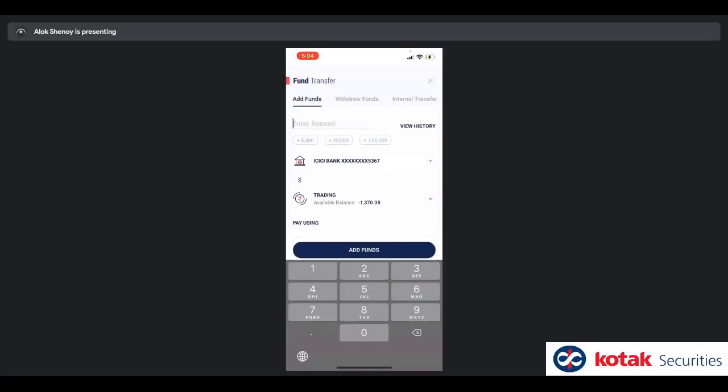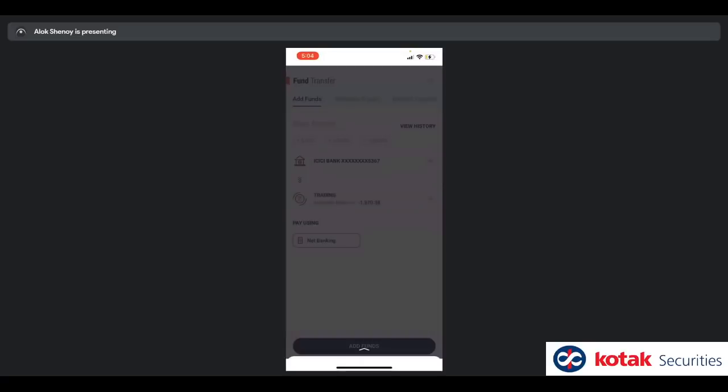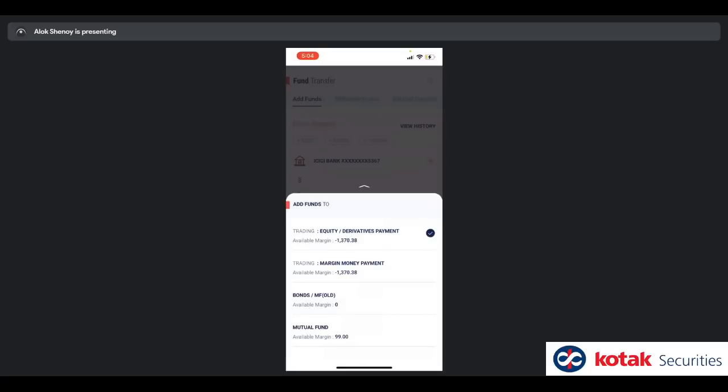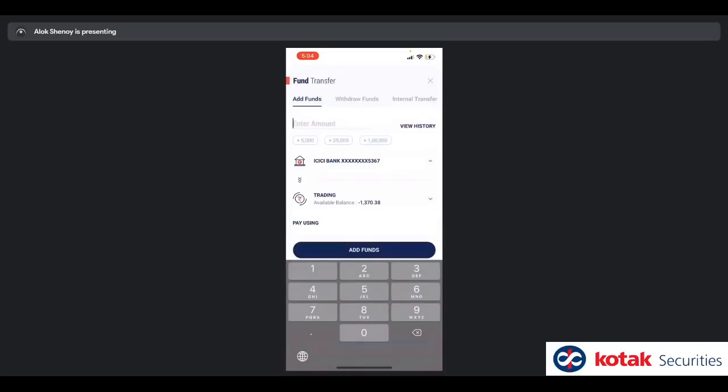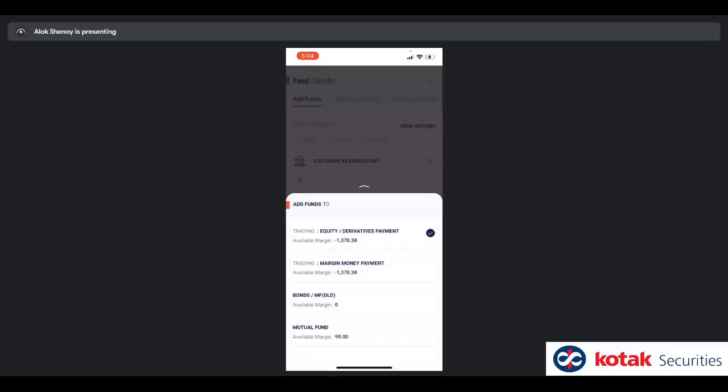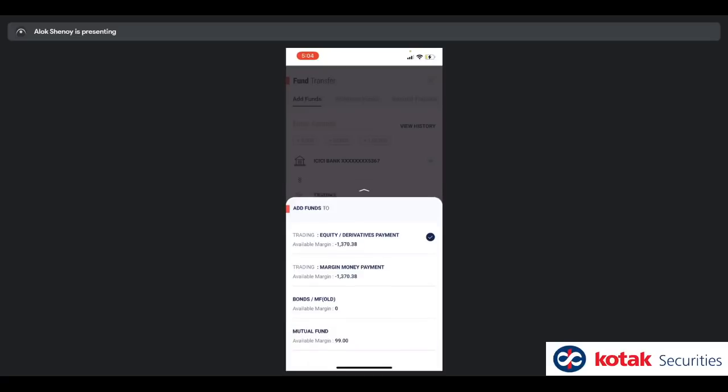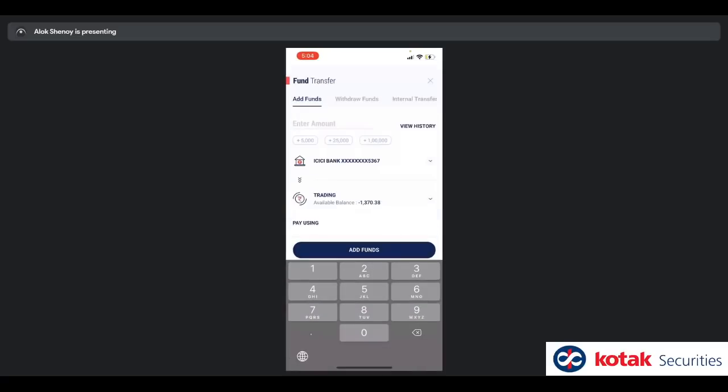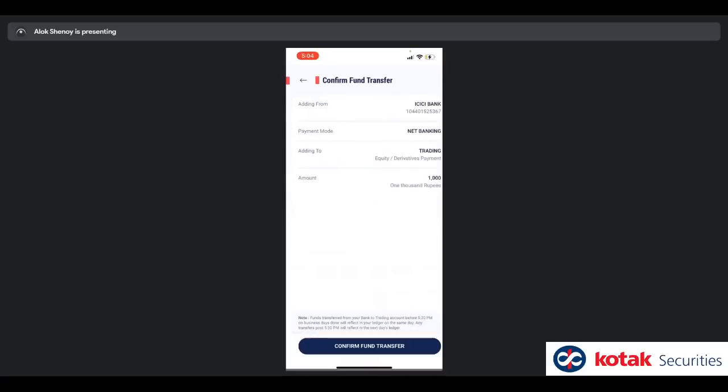Now, if you're transferring funds, you want to determine which segment you want to transfer the money to. For that, you can click on the second entry, which is the trading link. Click on that and it will give you this, where you can now see the various segments in which you can transfer money to, okay? Now, if I want to transfer some money, I just type in the number, okay, and say add funds, and it takes me to money transfer, right? And one more click and I'm on the payment screen.